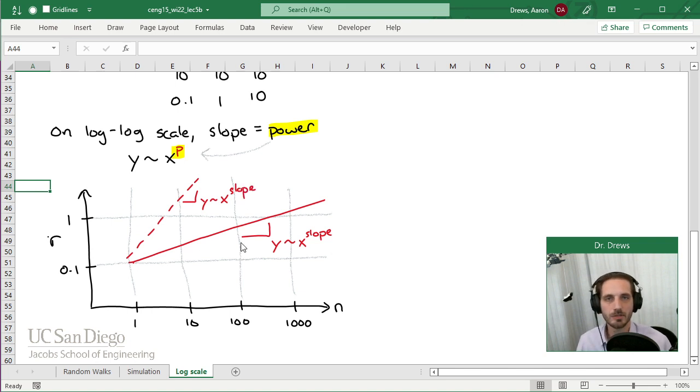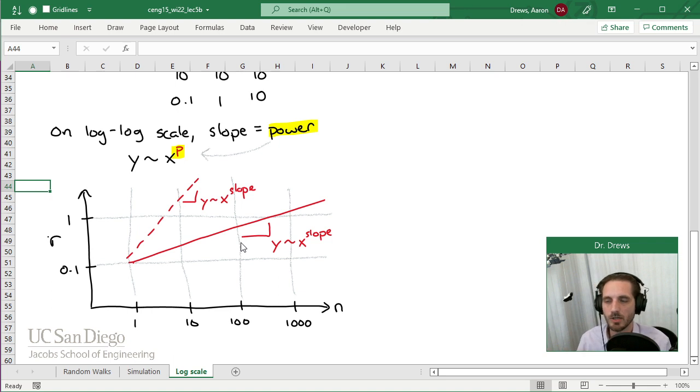And that's a hallmark of something that obeys this sort of exponential or power style relationship: if you raise it to that particular value and then plot the result on a log-log scale, you should see a straight line. And that's a nice engineering style relationship that you should keep in mind,